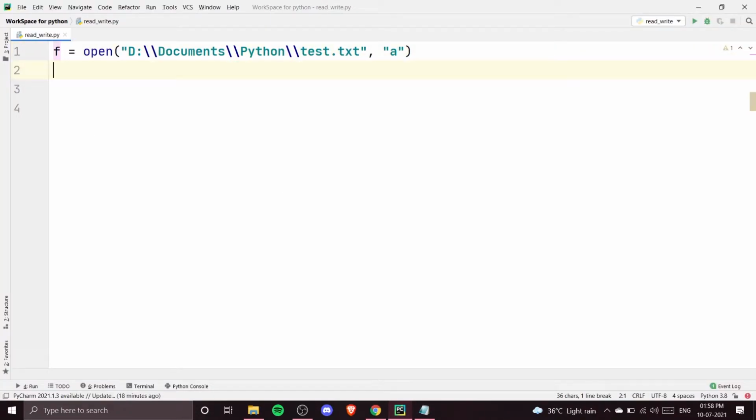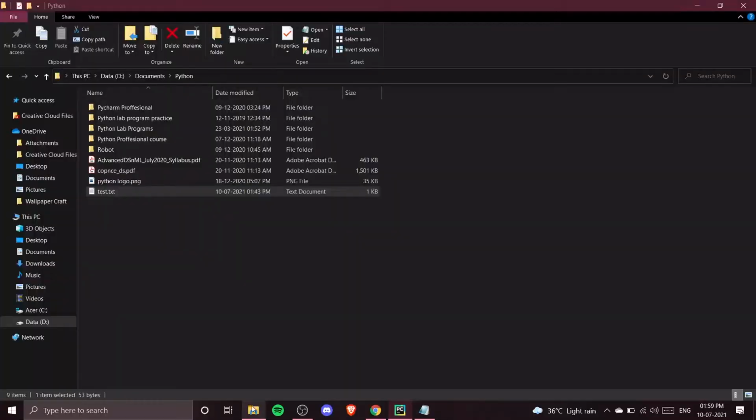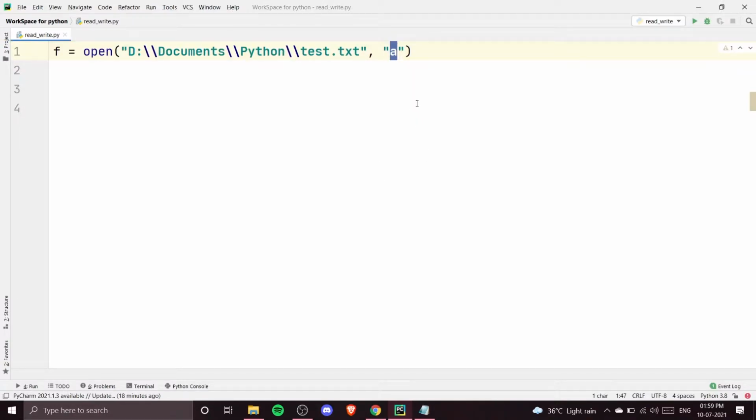I can just delete this code, and you can see that we have already opened our file. We are going to use the same test.txt file to read it. Since I have already updated the contents of this test.txt file, I'm just going to read it. So now I need to go to read mode. I'm going to write here R, and we are right now in read mode. This is going to open the file. This is the path of our test.txt file, and we are in the read mode, so it can read the file now.